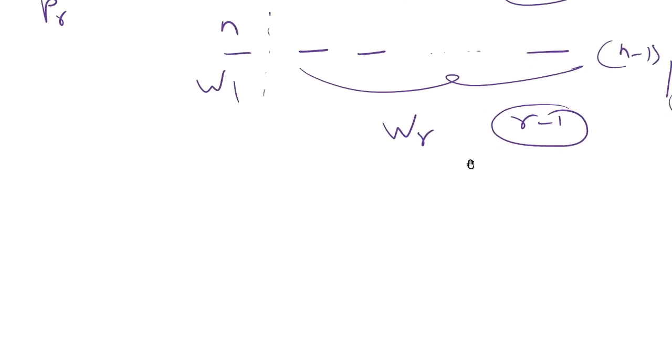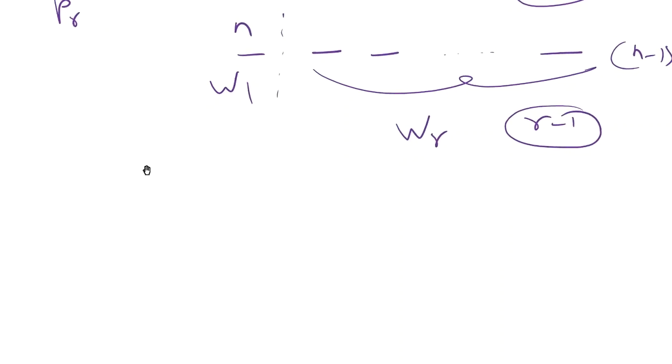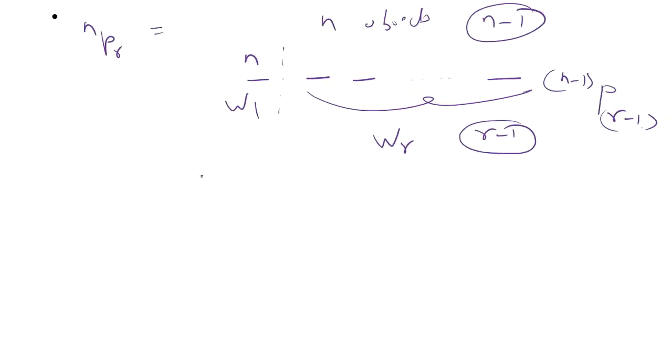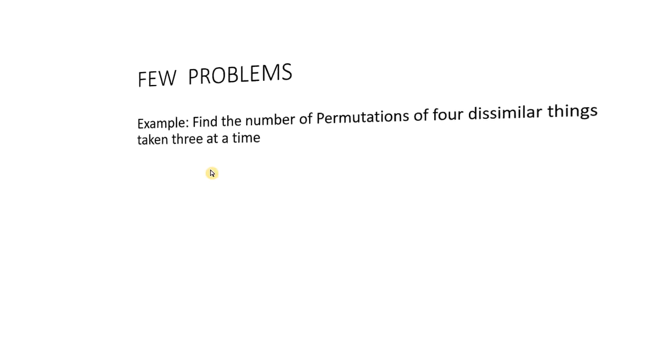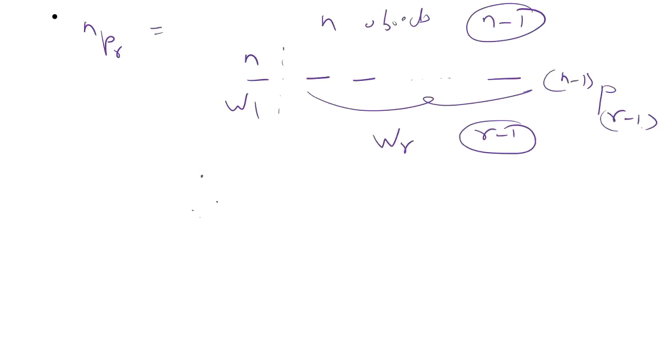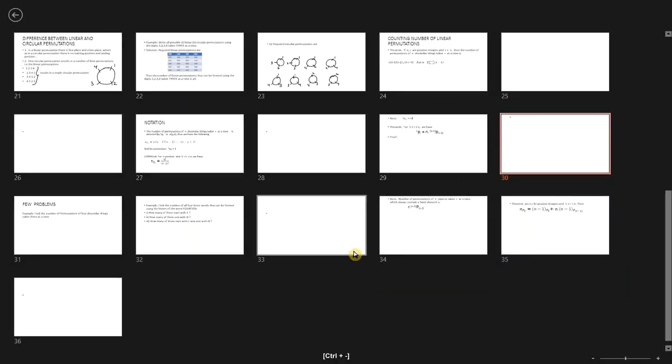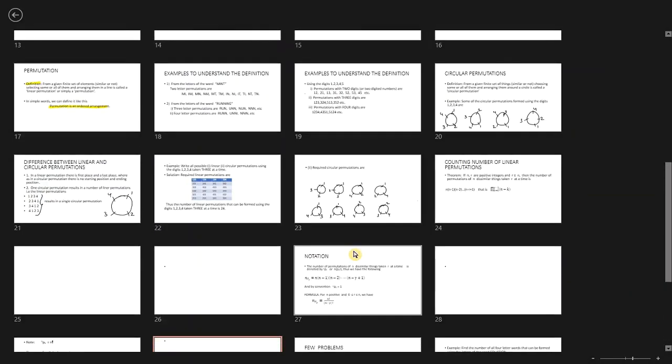Therefore, the number of ways of completing this task is equal to number of ways of completing W1 times number of ways of completing W2, which is going to be n times (n minus 1)P(r minus 1). So with this we have completed